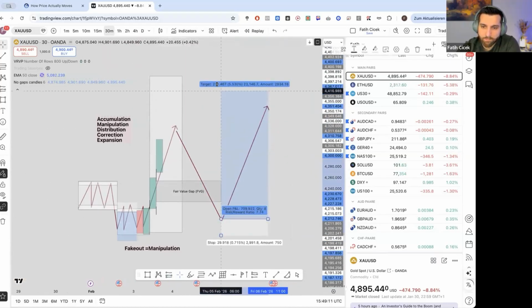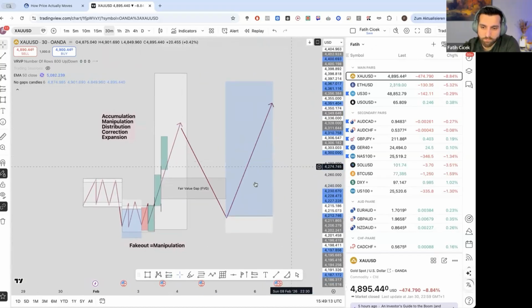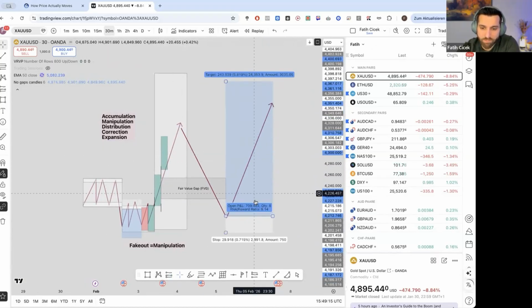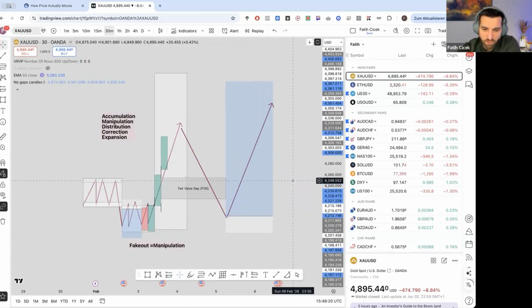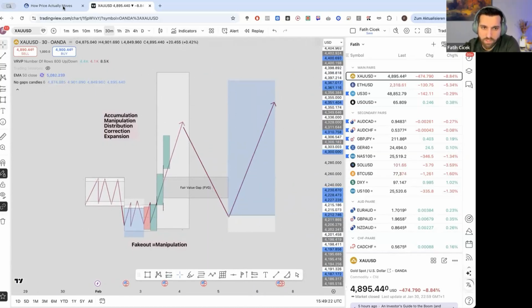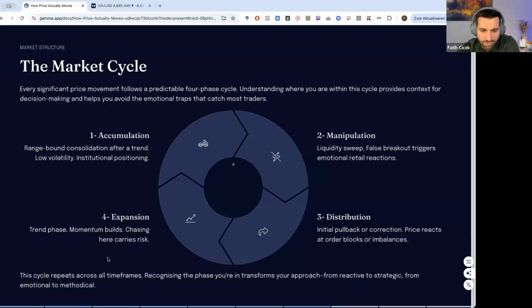We want to catch this main expansion that is being executed by smart money following the script. Okay, that's where I want to be in the trade. The expansion phase, when the momentum actually has built. So I don't need to chase anything anymore. Because price has given me its intention, liquidity is being swept, and then I want to just find the perfect sniper entry. I want to get into the trades, get out within a couple of minutes,